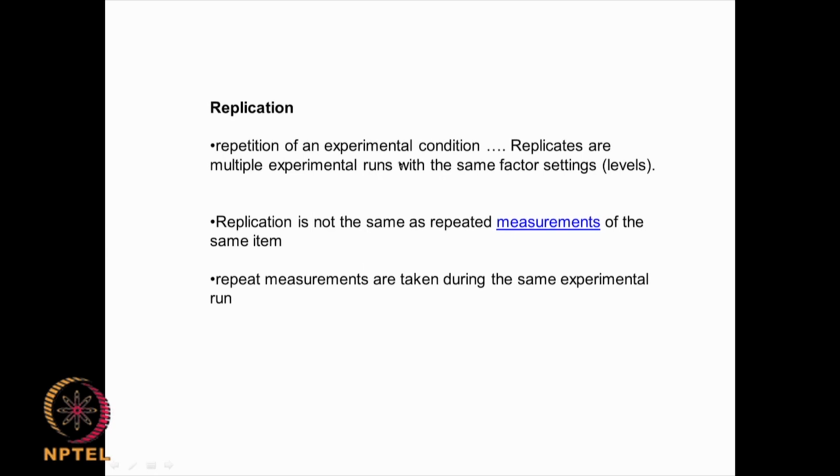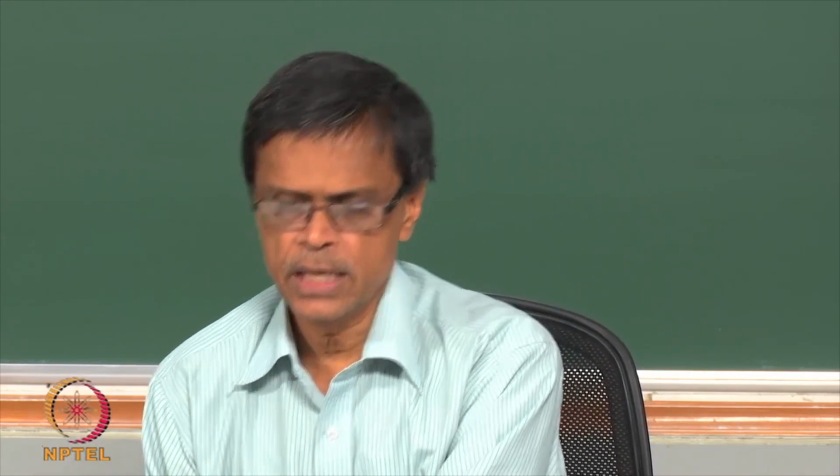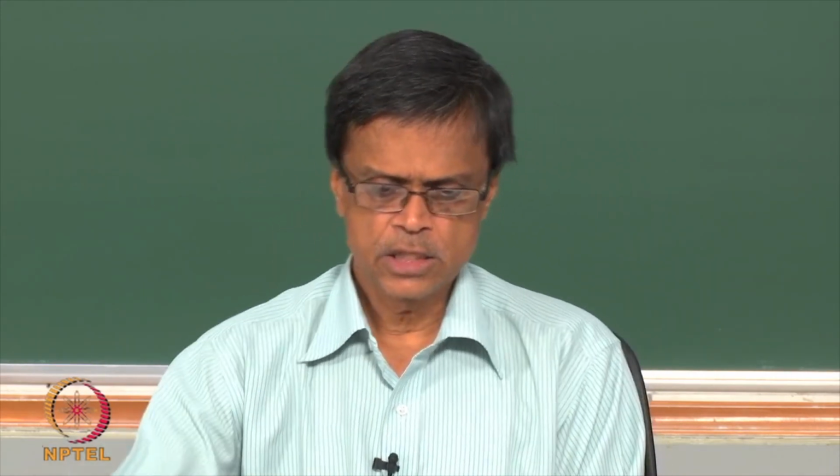So, multiple experiment runs with the same factors. So, if I am using some pH, some temperature, I am just changing media. So, for media A, I will do the whole experiment, extract the polymer, weigh the polymer and come up with 100 milligrams per liter. Again I do the same experiment in the fermenter, and again I extract the polymer, weigh it, and again I get another 100, like that. That is called repetition,